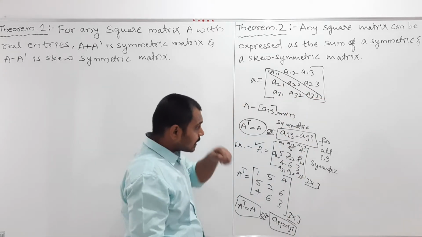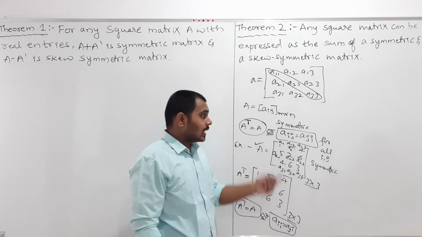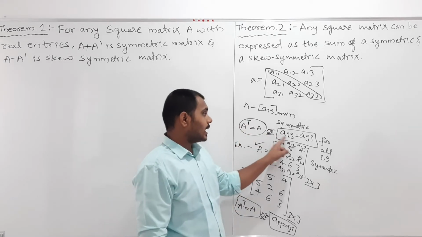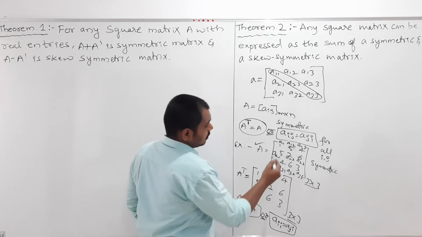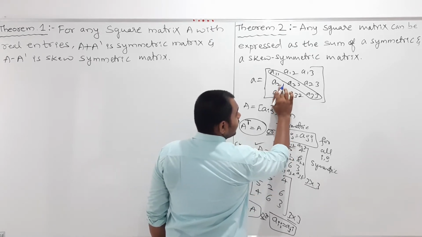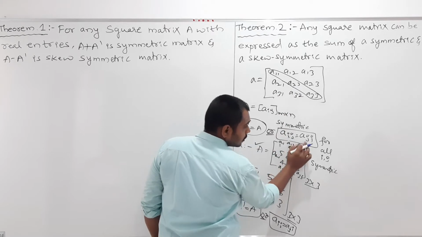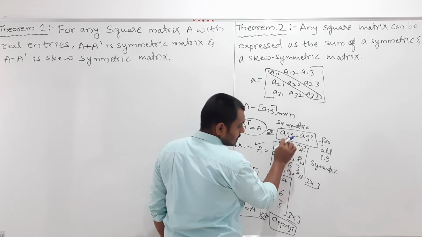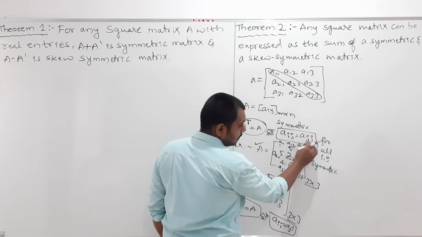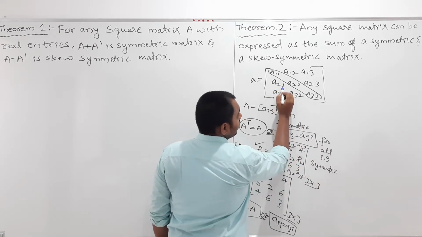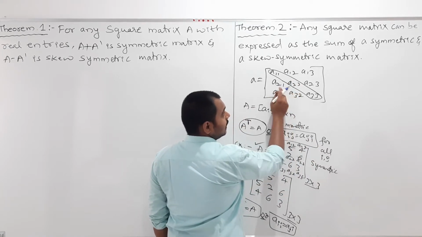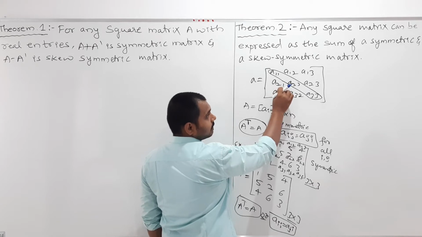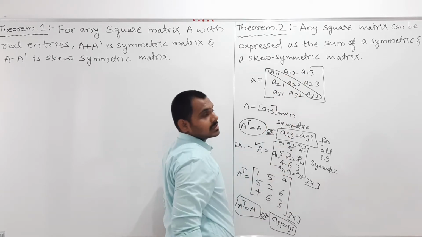Now my dear students, a matrix A is said to be symmetric if either of these conditions is satisfied. What is that? A transpose equals A, or Aij equals Aji. So Aij means what? If I take A21, Aij is equal to Aji, just interchanging the subscripts. Whatever ith row and jth column we have, I interchange it, and it becomes the reverse. So A21 must equal its interchange, which is A12. So this element must be the same.